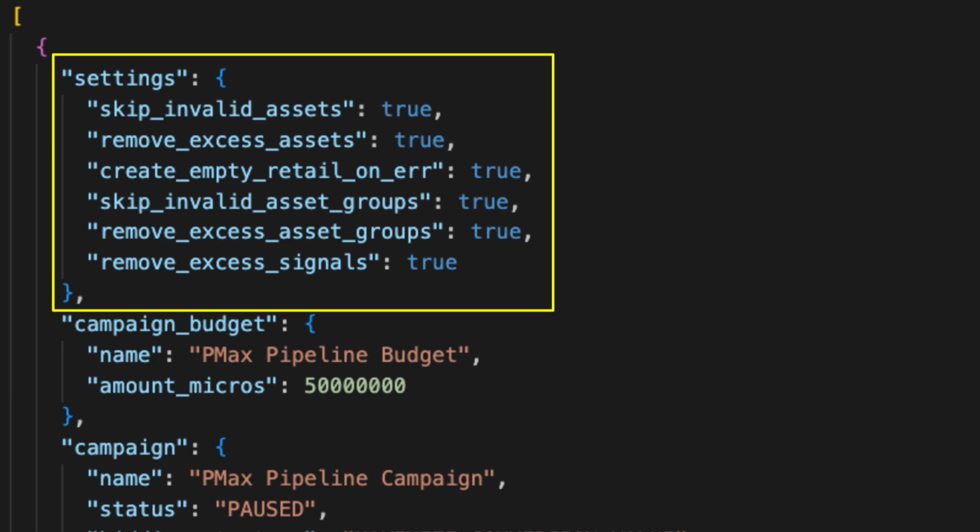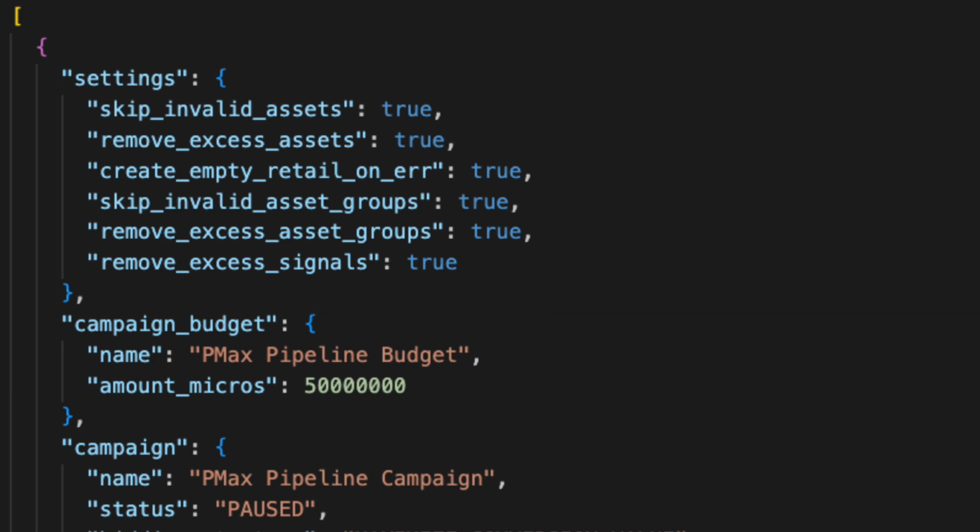These are just a few options I came up with based on my own experience, seeing how you all use the API. But you could also come up with your own settings. The goal here is to increase flexibility so that campaign creation is only blocked when you want it to be blocked. Now that we understand the structure of our flattened schema, let's take a quick look at the asset selection